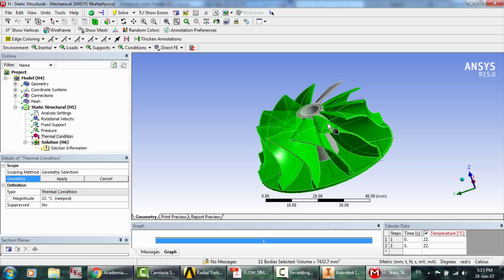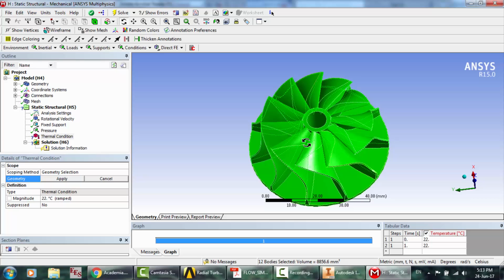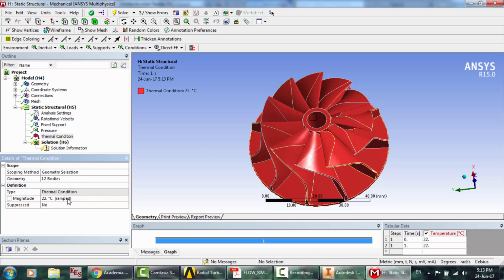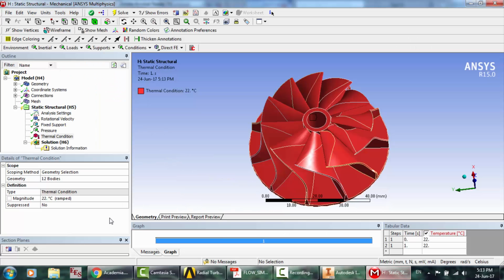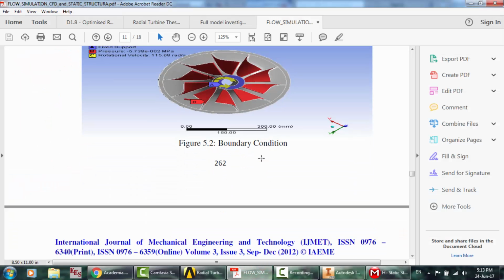And here, you can select all the blades or anything here. It doesn't matter, because they are on the same temperature, 22. Okay, it's okay now. Here are our boundary conditions,